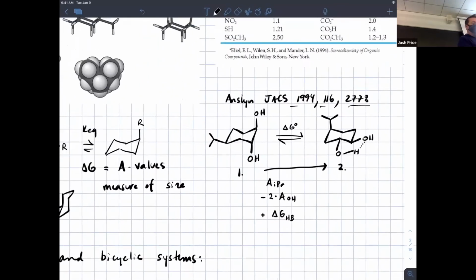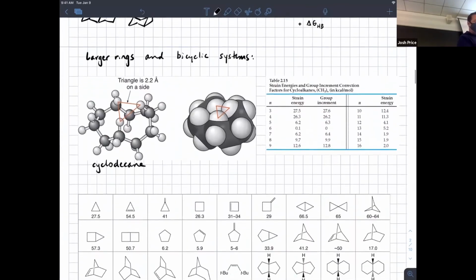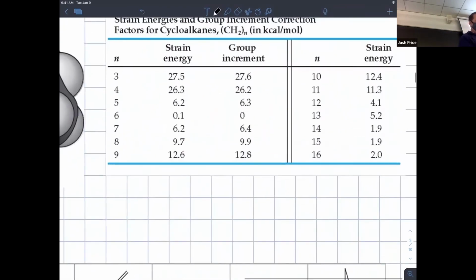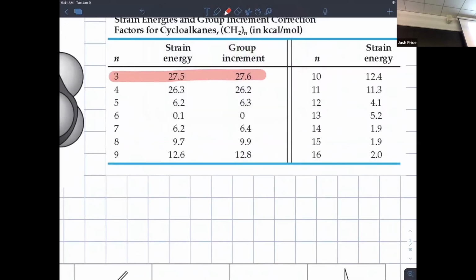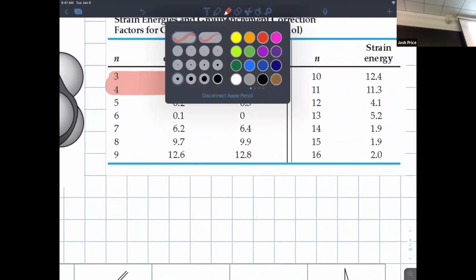All right, ring strain. We can divide rings into 3 different categories. We can have here in red some highly strained rings. This is the sort of cyclopropane and cyclobutane. And then you enter a regime of,